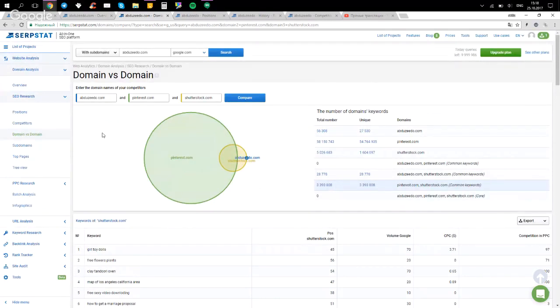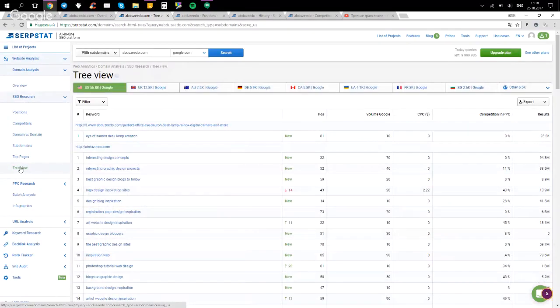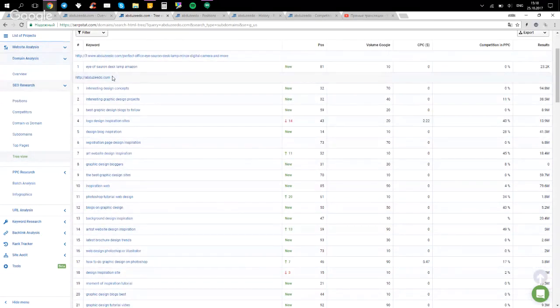The next way to research the analyzed website is to use Triview. Triview is a great and helpful tool which can give you not just the list of the keywords you have in your semantic core or by which you have some ranks, but it can help you find the structure of the website. I mean that you will meet each page from the analyzed website, and below the page you will see the keywords by which this exact page ranks and their positions. So you can easily export